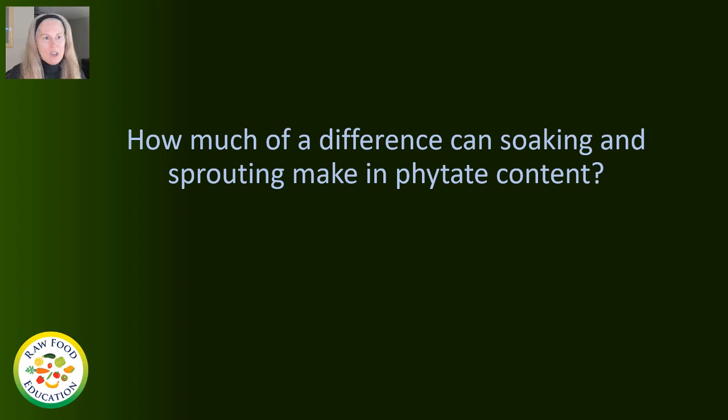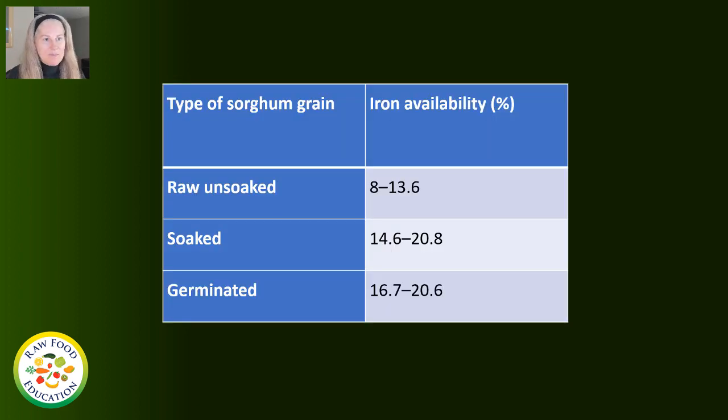Now, you may be asking yourself, how much of a difference can soaking and sprouting make in phytate content? And this is a really good question. This table here shows the results of a study that compared the difference in iron availability between unsoaked, soaked, and